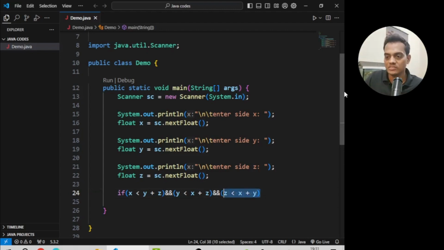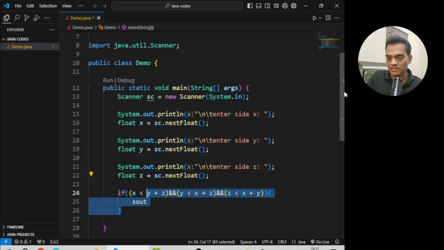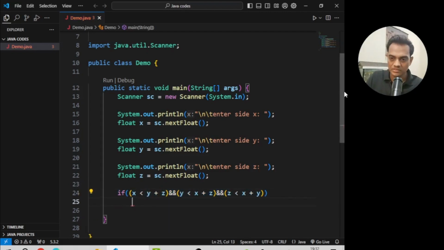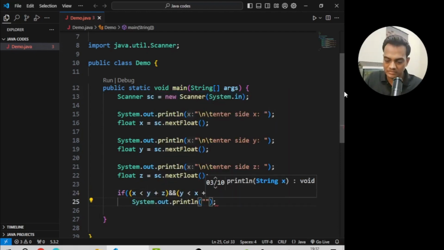So if all these conditions are happening there, means these are true, then we can write that. So there is a single statement now, there is no need to write the curly brackets. So I will put here the sout statement, that is "\n\t